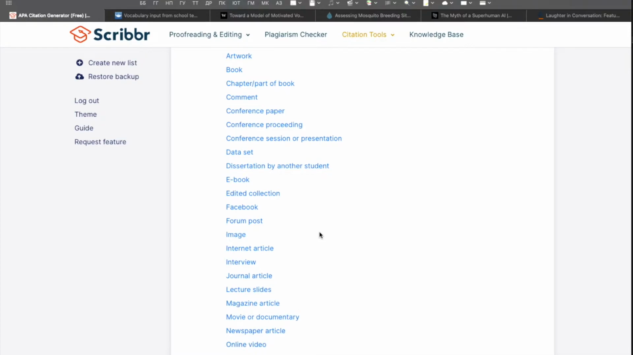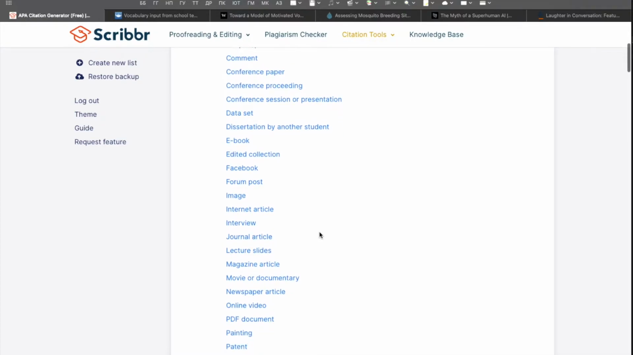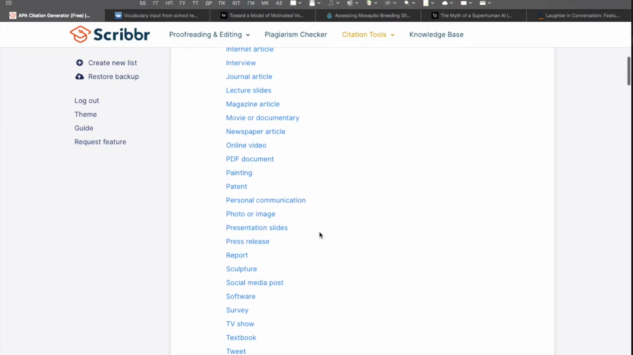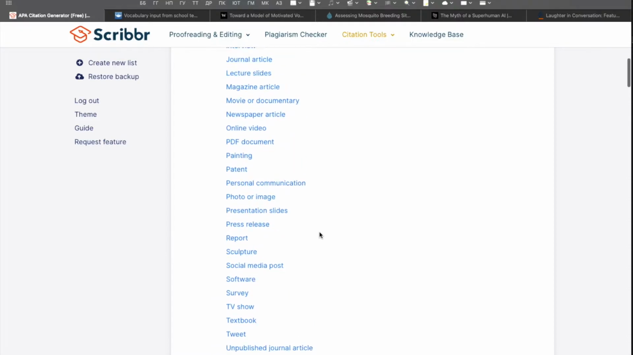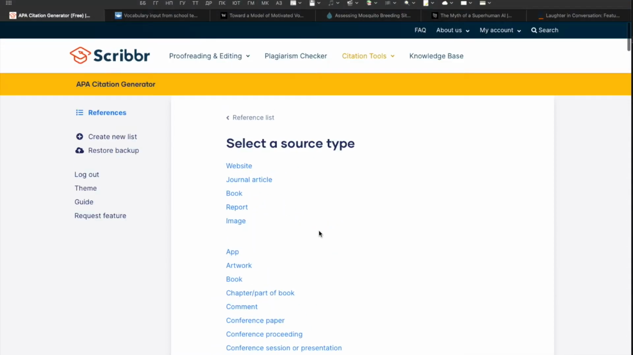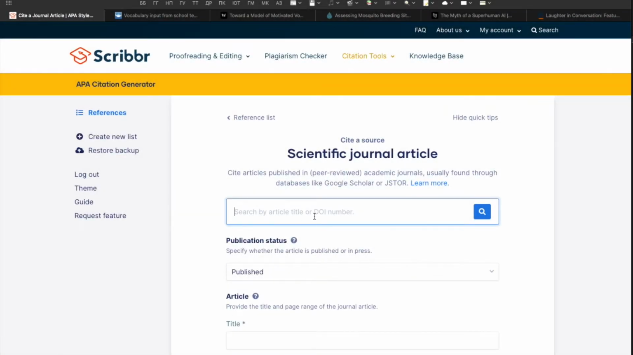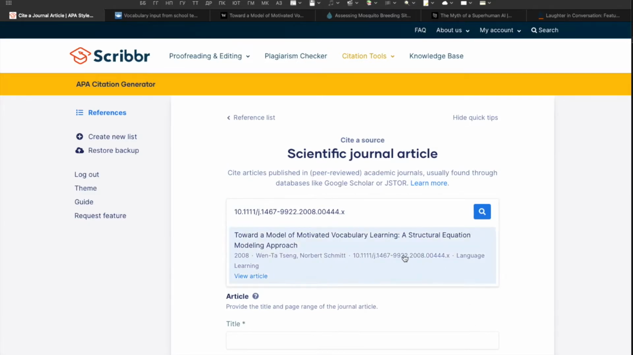We've got images, forum posts, conference papers, dissertations, reports, textbooks, and so on. YouTube videos, podcasts, all kinds of things. But we want the journal article. And when you use the search tools here, if you search the article title or the DOI number or the DOI URL, it will most of the time produce something for you. Here, it's provided